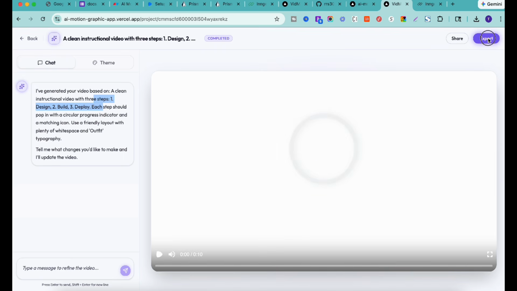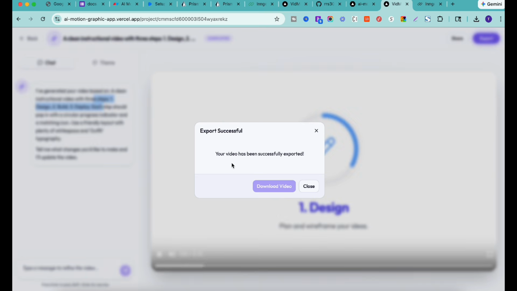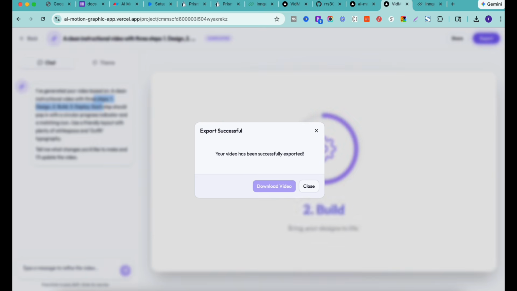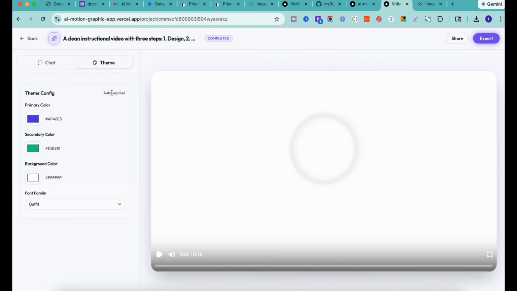Pretty cool, right? Now again, if you want to export it, simply click download, and then your video is getting exported, and here the video is now downloaded. So that's how, guys, you have to deploy your